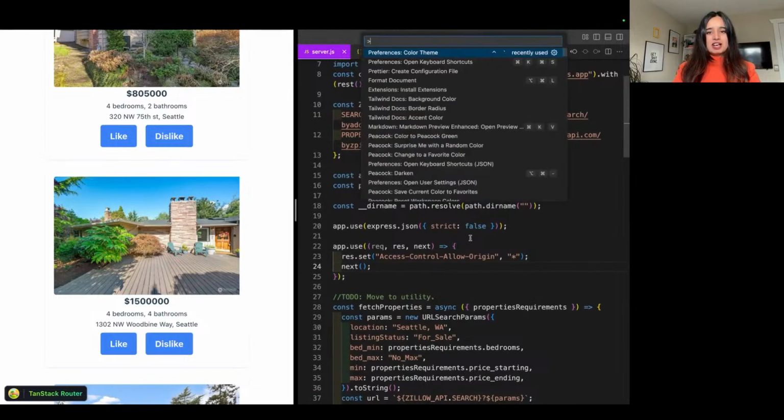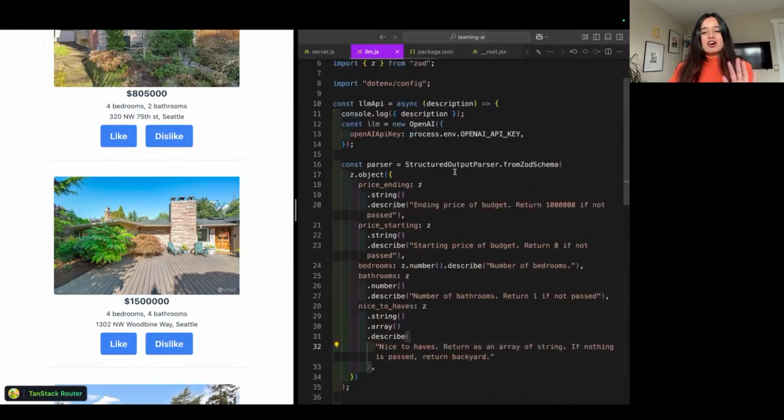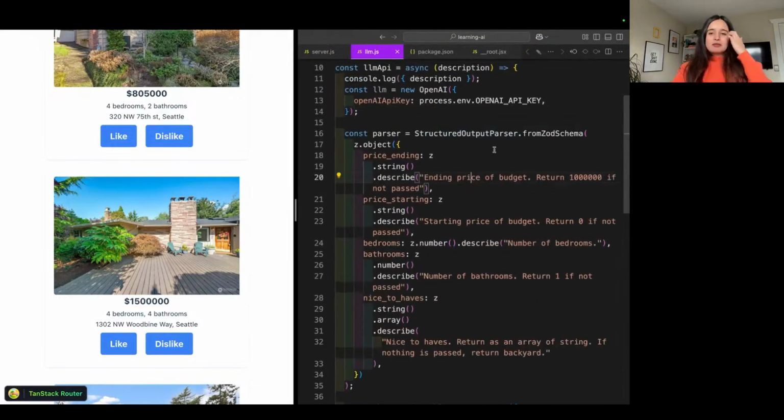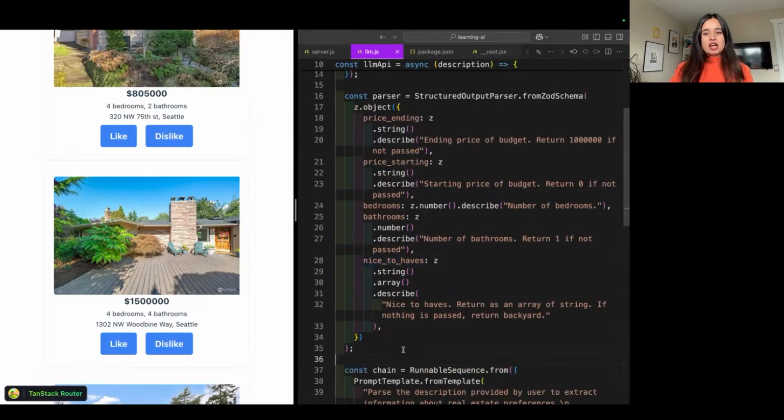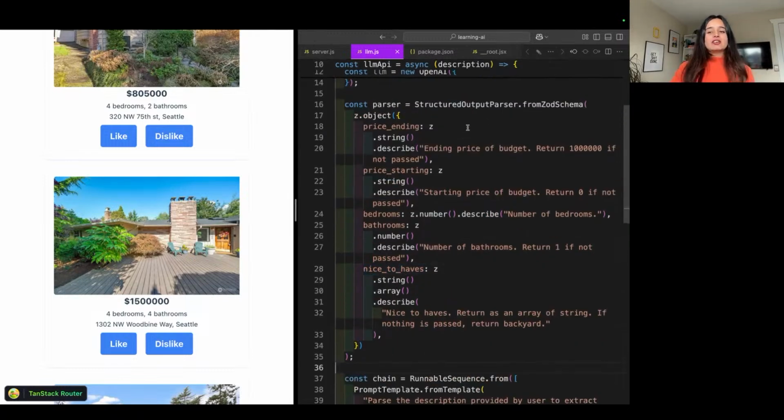So I've got this file called LLM.js, and this is all I'm providing my LLM. I'm creating an OpenAI LLM, just providing it my API key. Then I'm setting a parser. I'm using the structured output parser and giving it a Zod object that I want to create. And the Zod object that I want to create is price ending, which is going to be a budget, which provides us a budget range of what my property should be, number of bedrooms for the house that I'm looking for,